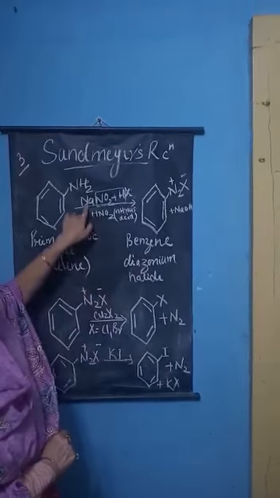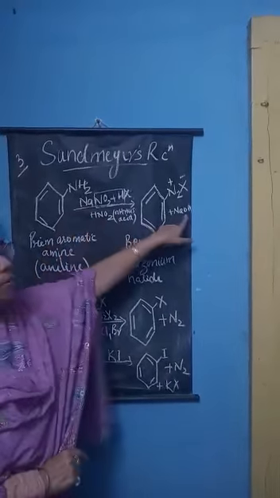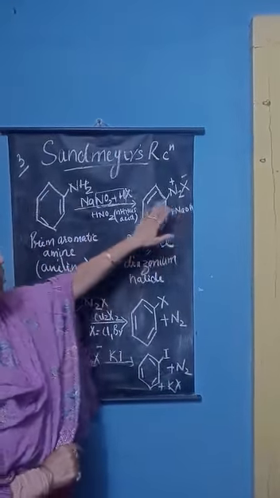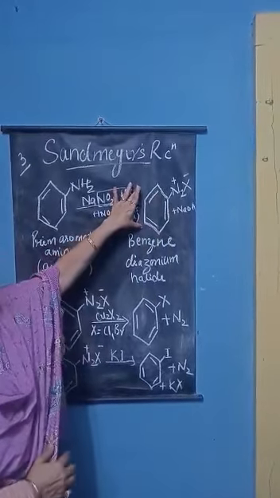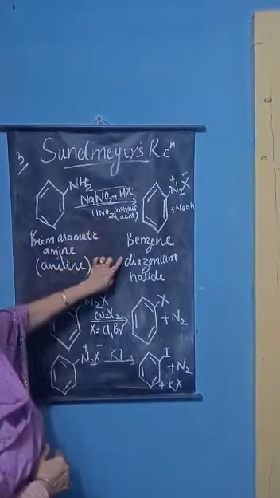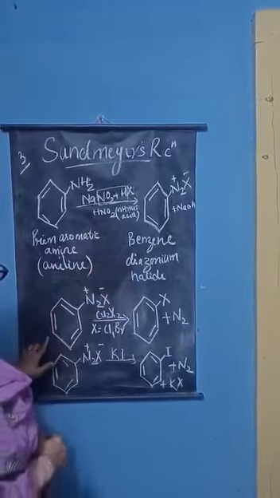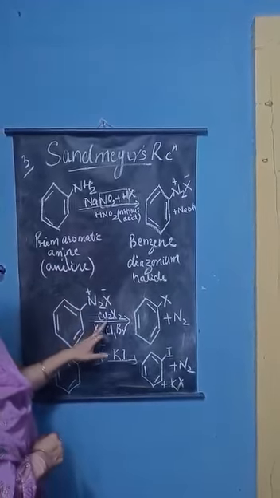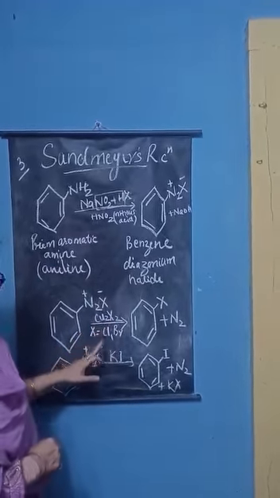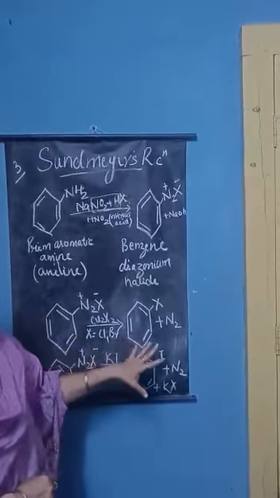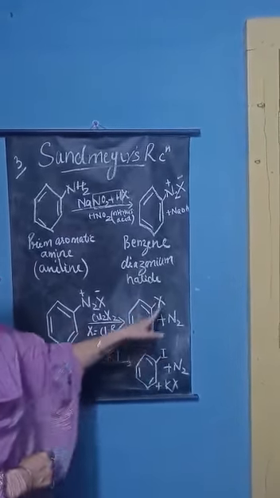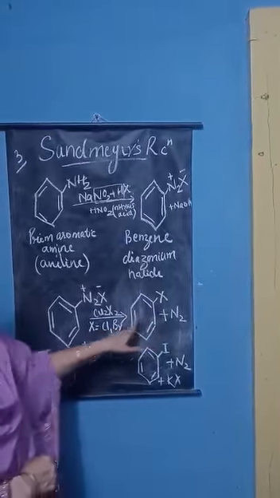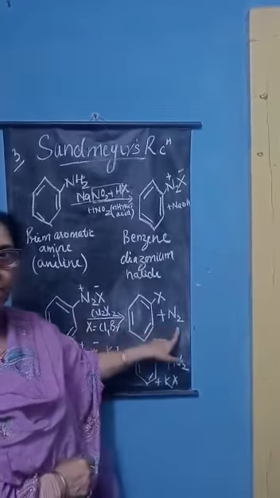Along with that, sodium reacts with the OH present here and forms sodium hydroxide. There is no use of this sodium hydroxide now. We need this intermediate compound, that is benzene diazonium halide. This intermediate compound, benzene diazonium salt, is treated with cuprous halide. And when it reacts with cuprous halide, we get an aromatic halide compound, that is, chlorobenzene is obtained. This nitrogen gets removed.